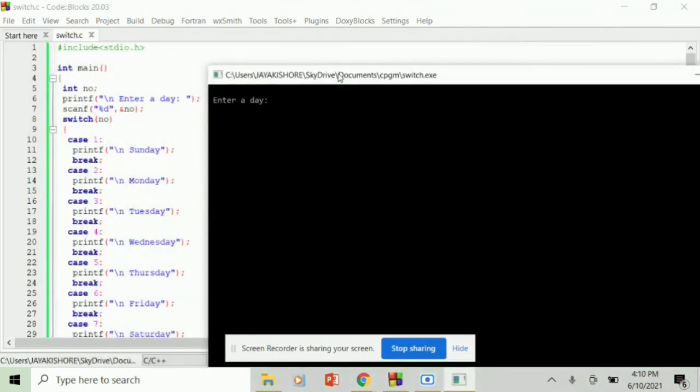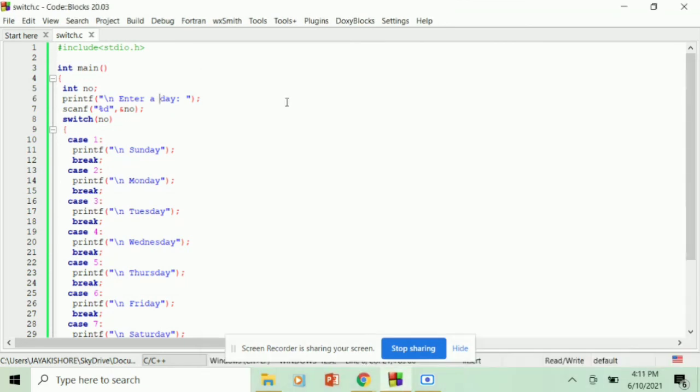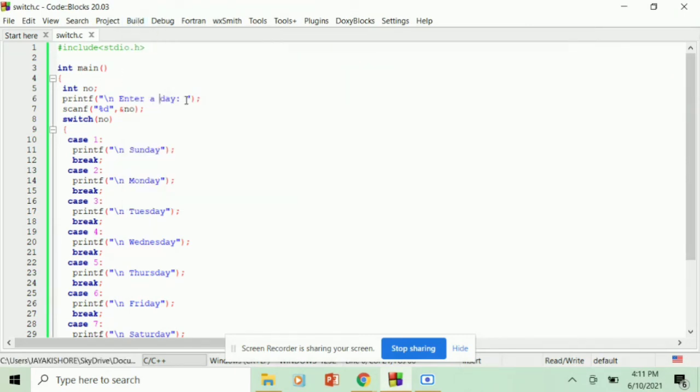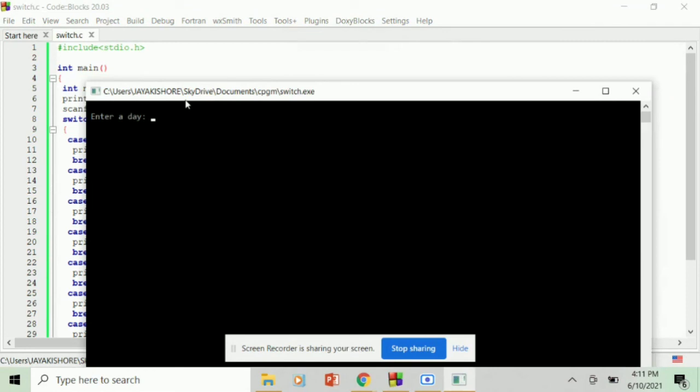Enter a day. I am going to enter 6. It will print, the day is Friday. And if I enter a value like 10, or more than 7, it is going to print the default case: please enter the proper input.